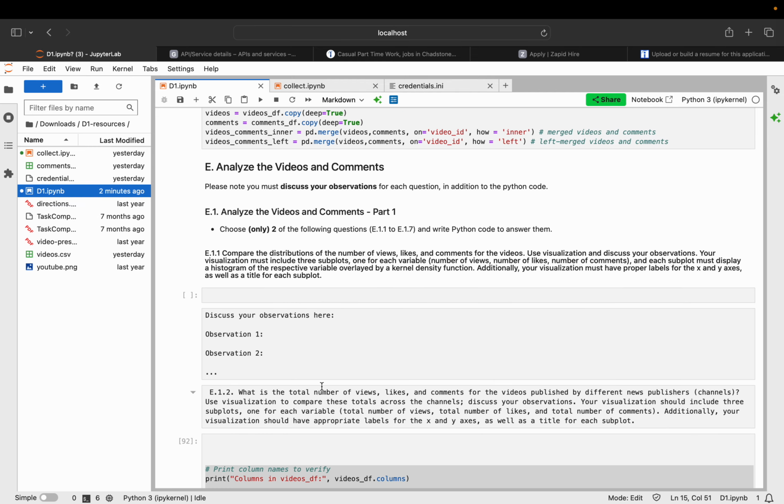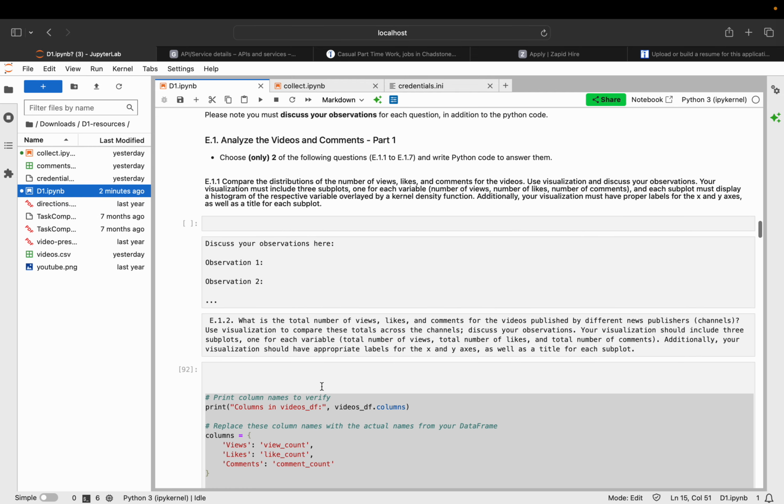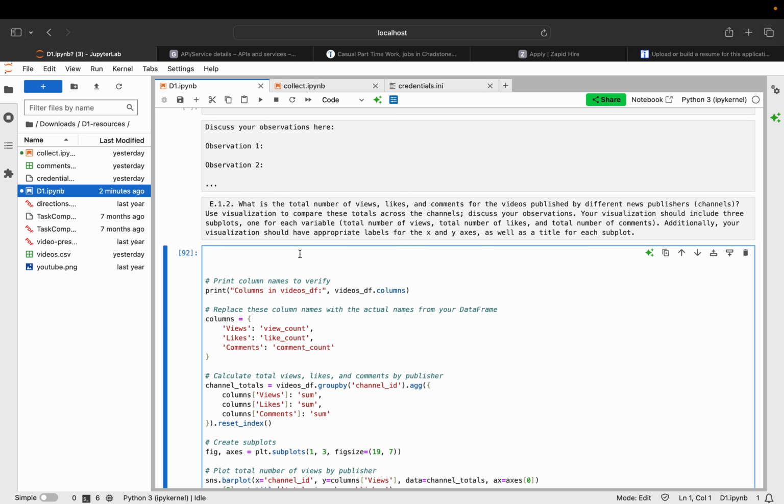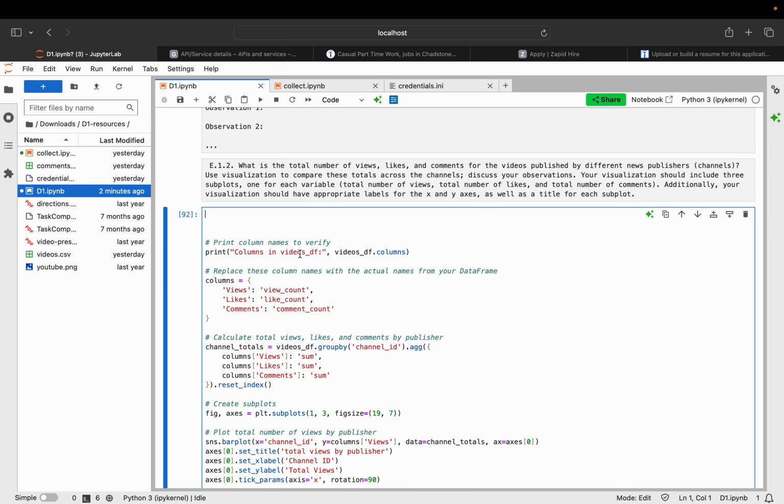Okay, so here in E part we were supposed to attempt any two of the following questions, and we were supposed to write a Python code. So in this part we need to calculate the total number of views, likes, and comments for video published by different news channels. We then created a visualization with three subplots, one for the total views, one for likes, and